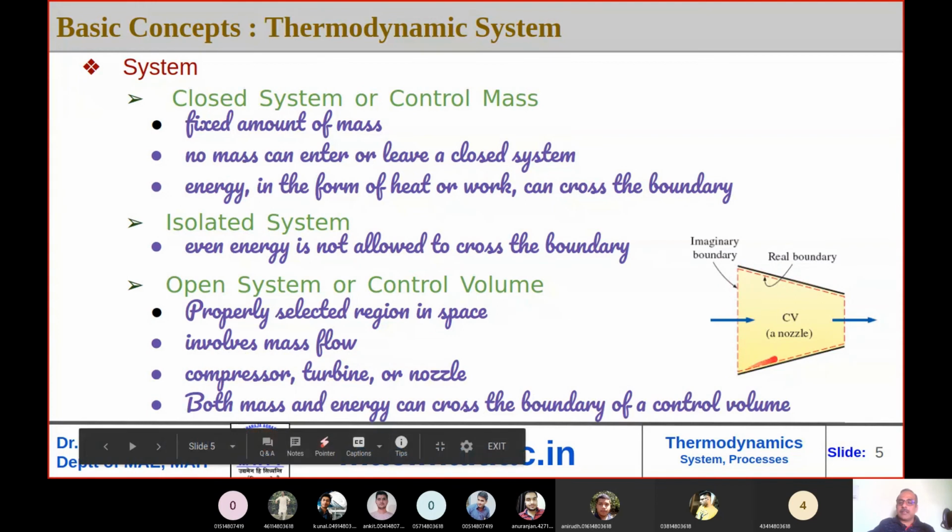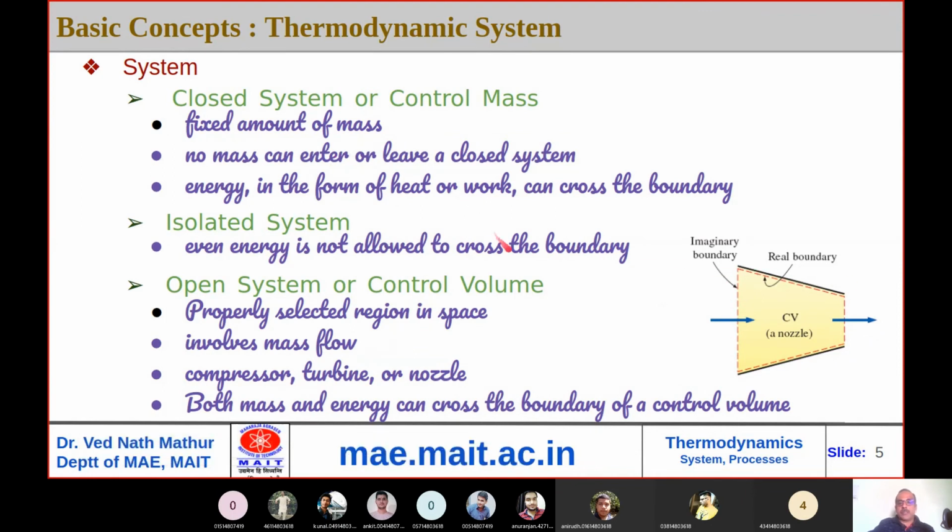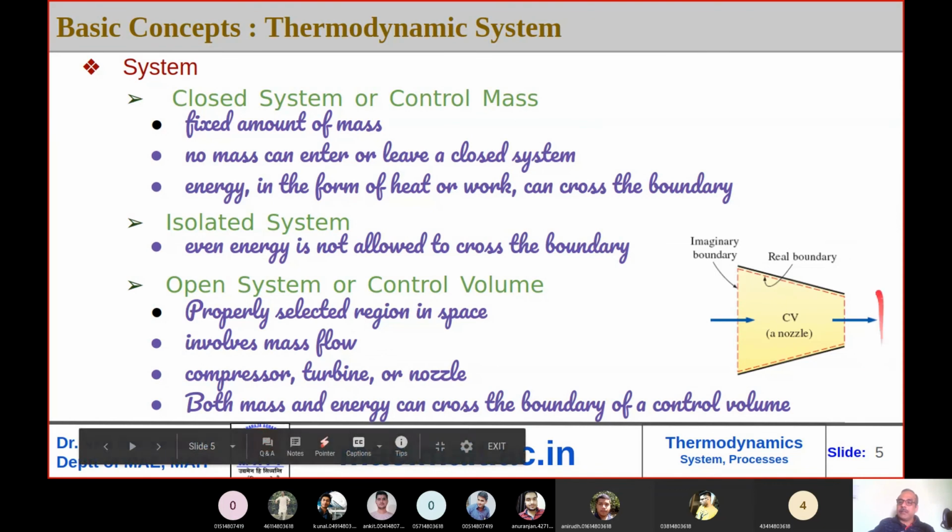gas as our focus of study and moved along with it. Suppose there is a long pipe before this nozzle and there is a turbine after this nozzle. What you could have done is identify some mass and move with this mass. As that mass enters the nozzle, its velocity increases and pressure decreases. Now as that mass moves out of the nozzle, it rotates the turbine, so there is some heat transfer or work transfer. So this is one type of approach.